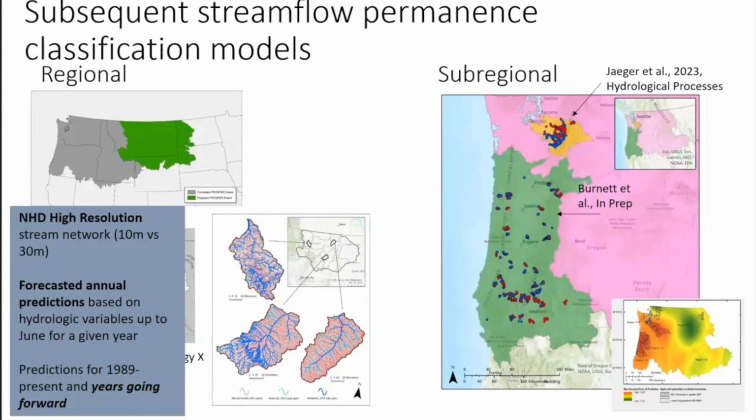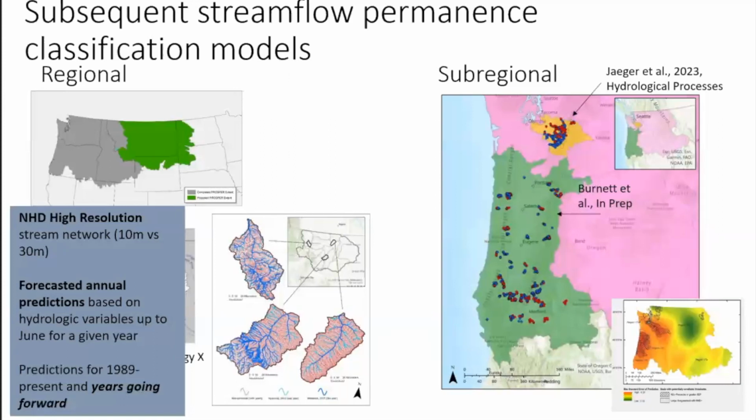But how we like to look at or interpret the data is that if you're seeing general trends, that can provide some information about the flow dynamics, or the streamflow permanence dynamics, of that system. You look at the forest and not exactly at a specific tree when you're looking at these types of data.